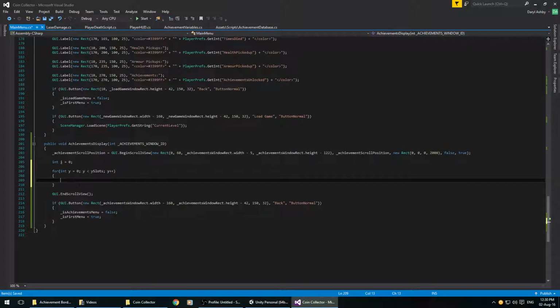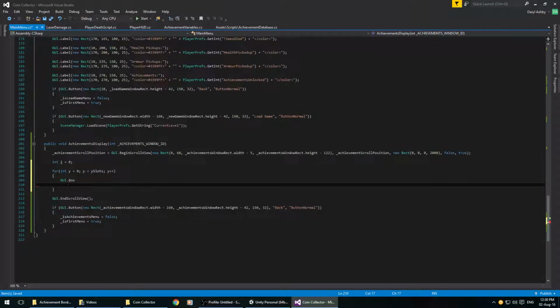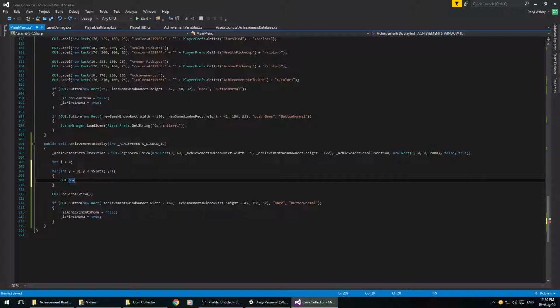Down here, what we're going to be doing is creating our little windows now that our achievements are going to nest in. So think of it as a nice box. Our little rectangle box is what we're going to create now. So GUI dot box, not that box, is a new rect,